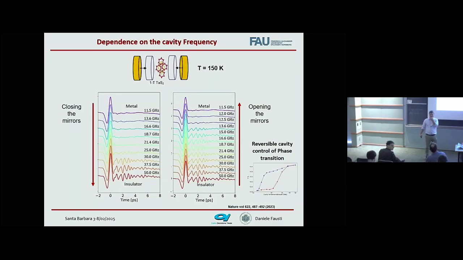And what was the frequency of this polariton? Is there a cavity resonance? Let me just get to that point. In this case, we don't know. We did study the coupling to the phonons with high frequency cavities, but the coupling to the phonons where we reach strong coupling, which I will not discuss now, didn't give any thermodynamic effect. The thermodynamic effects were dominated by cavities which are way below the phonons, which are associated to the coupling to domain fluctuations in the charge density wave systems. But I will discuss this later.